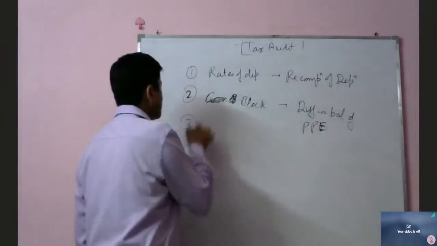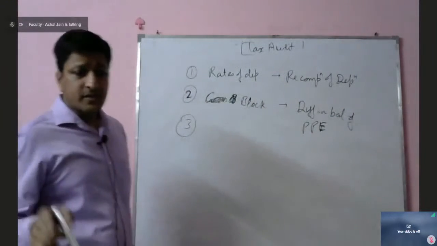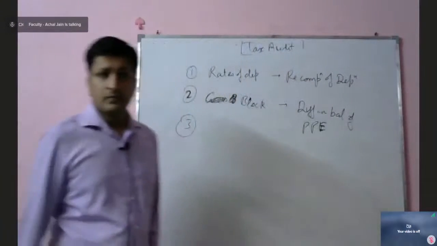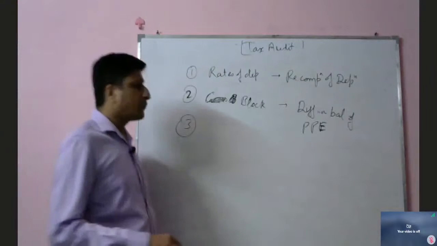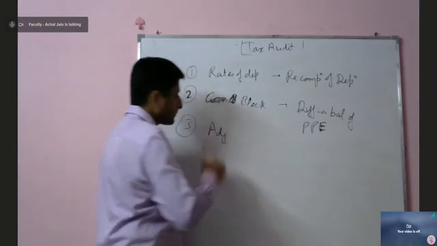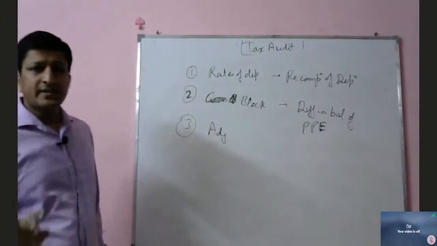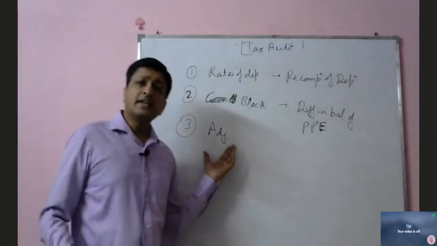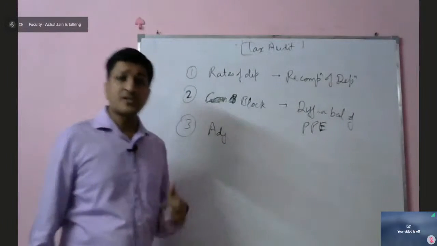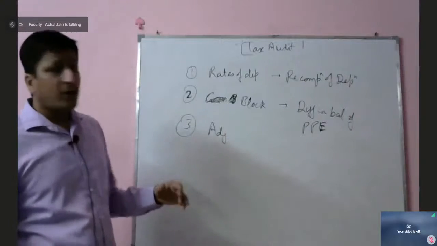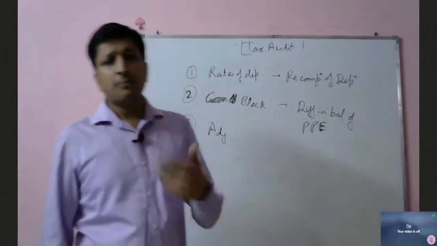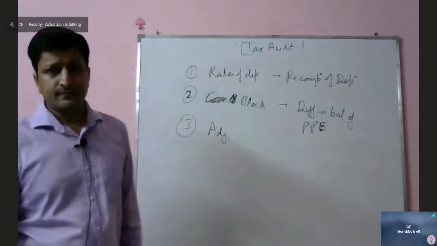Number 3, some of the adjustments which are required to be considered over here, like adjustments related to forex, adjustments related to grants etc. You will not see those adjustments in case of audited financial statements as per the Companies Act. So this is another area which will require an audit afresh by the tax auditor. Okay.